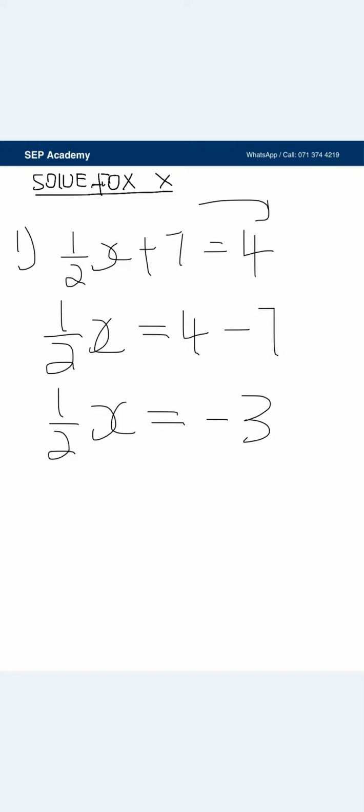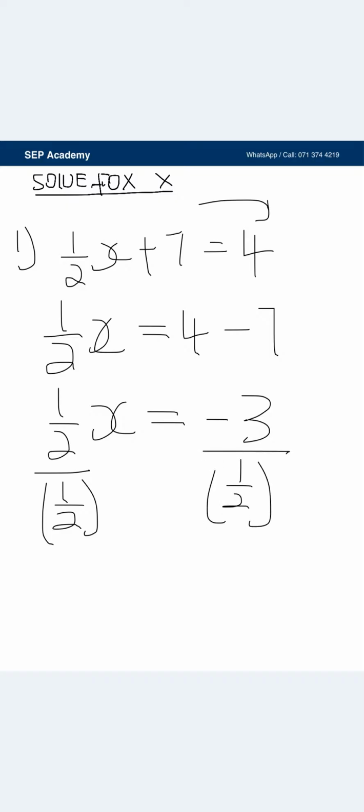So one of the options is for you to divide on both sides by half. The reason why you would divide on both sides by exactly that half is so that it cancels completely. So that half cancels completely, then you remain with x being equal to